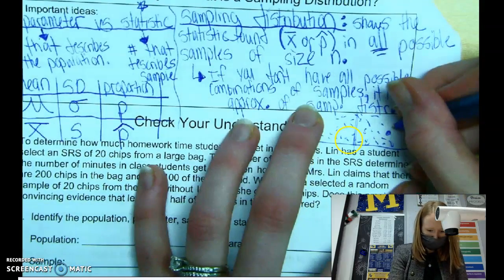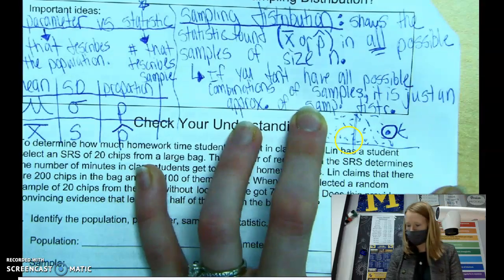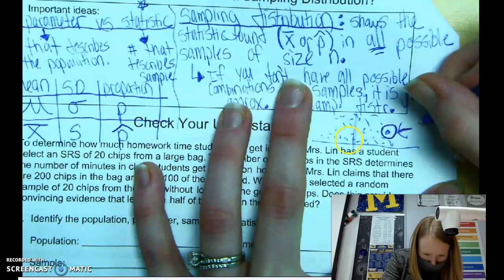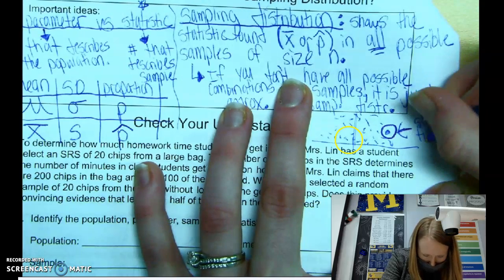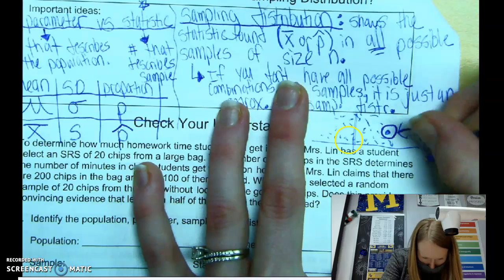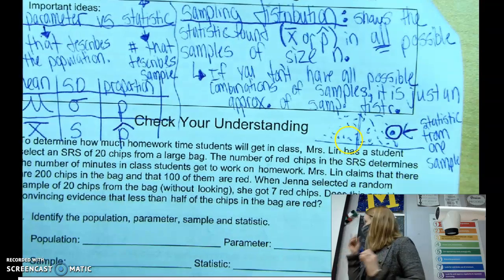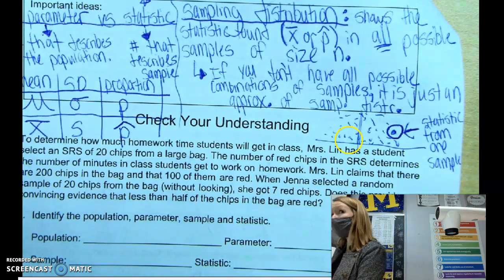But the big thing you need to know is that each individual dot represents a statistic from one sample. I use the word statistic from one sample because in our case we found the average scores from each sample of size